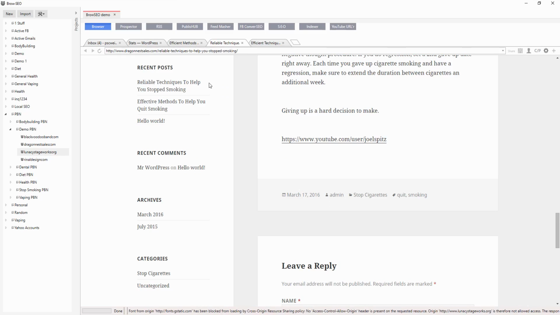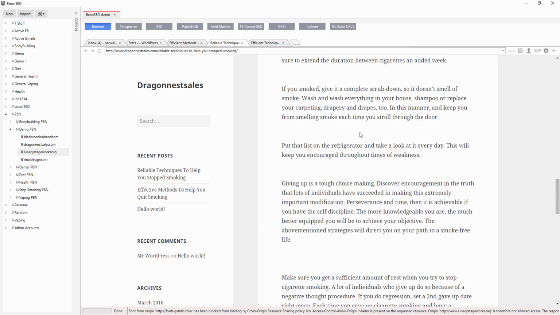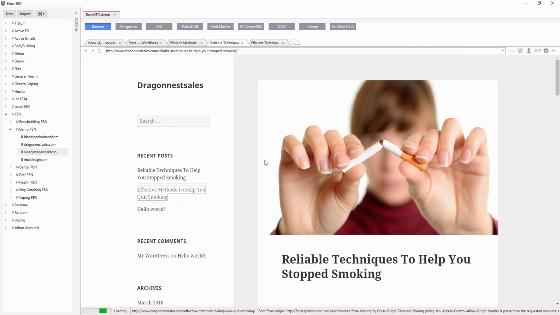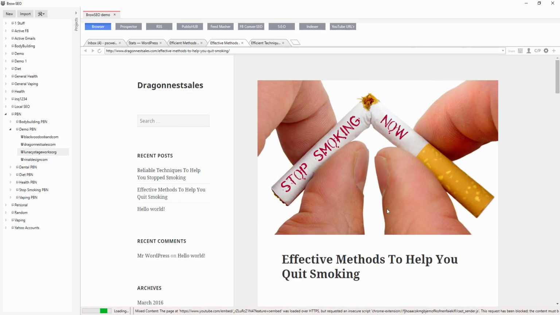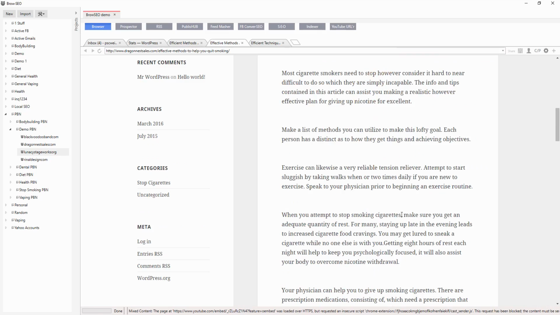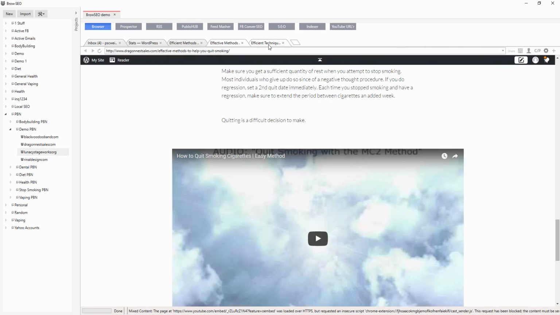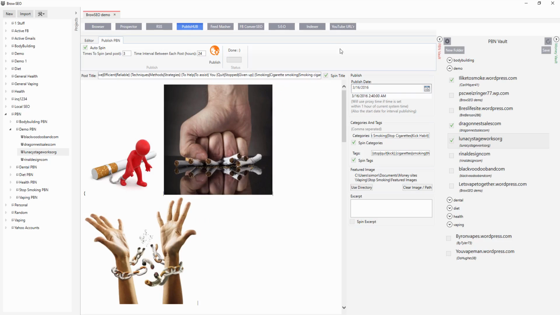Effective, reliable techniques to help you stop smoking and effective methods to help you quit smoking. Okay, so effective, reliable. So let's look at this one here, effective methods, reliable methods. So the effective ones, effective methods to help you stop smoking. And again, spun it out. It's got another unique video there. And we're looking good. All right, so let's just go back to PublisHUB and do that, and post it out